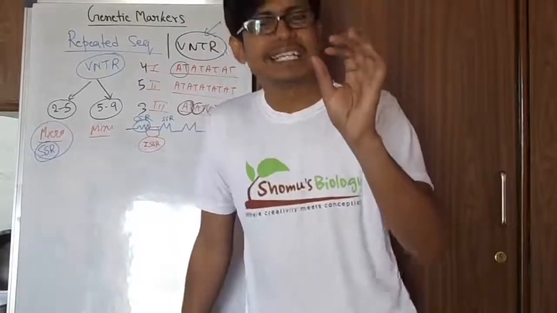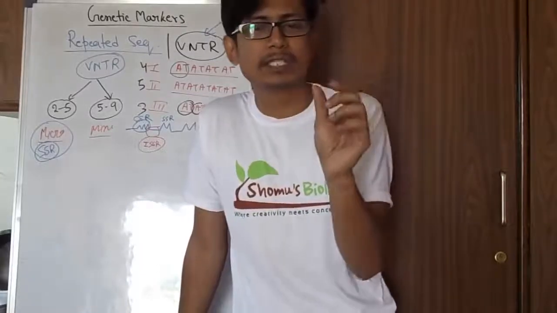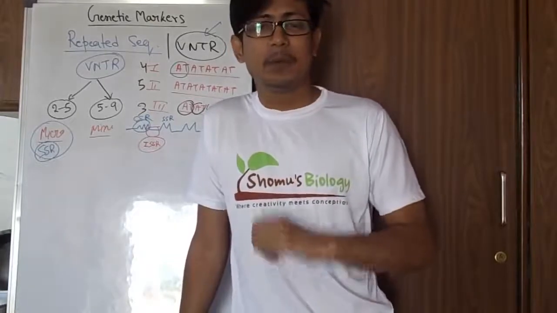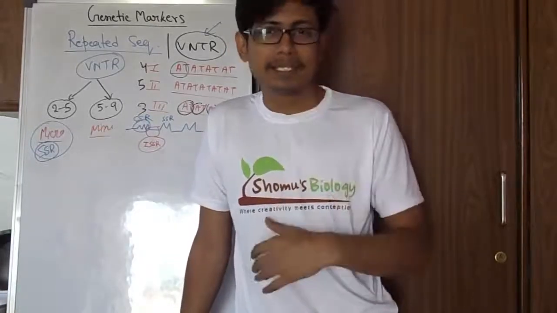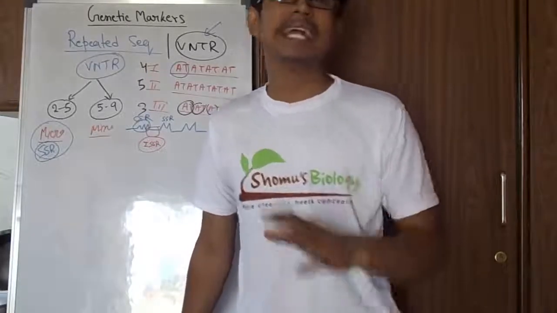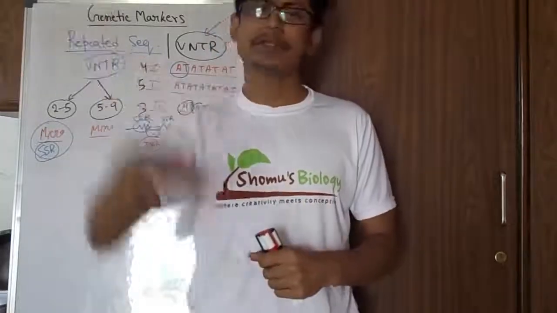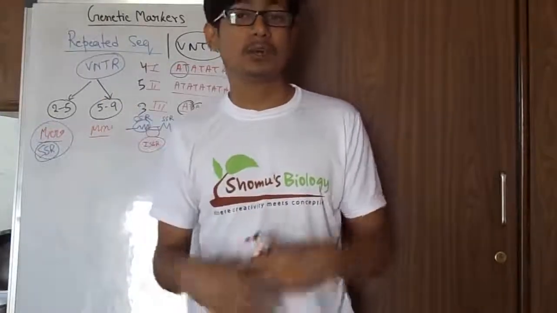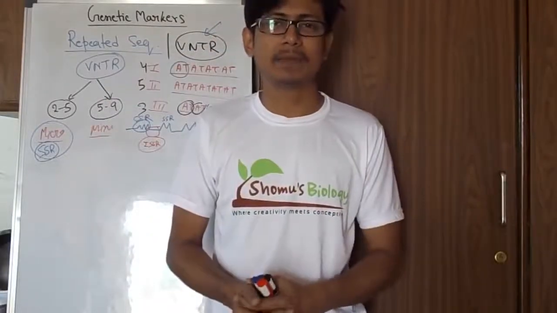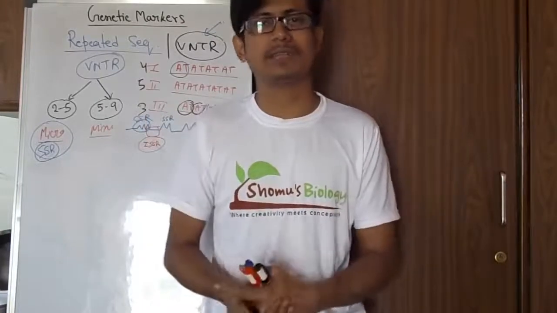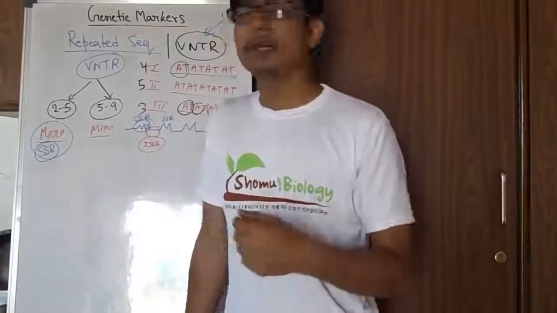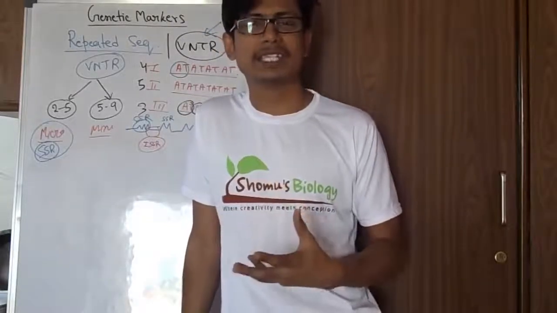So if we just take the genotype of the plant, if we just sequence the gene and know the gene pattern of the plant, the gene fingerprinting or DNA fingerprinting of the plant, we can easily determine whether the plant we are going to choose is going to serve our purpose or not. So we can do that directly without putting the plant into the field and checking throughout the generations, which is really tedious. So the task becomes much less problematic. That's why genetic markers are very useful in molecular biology.